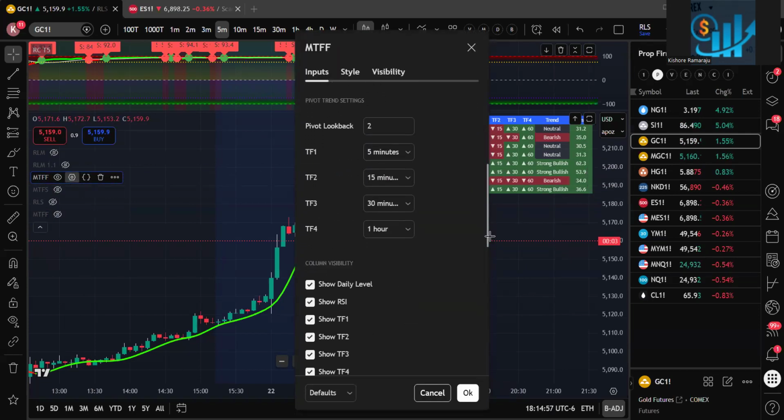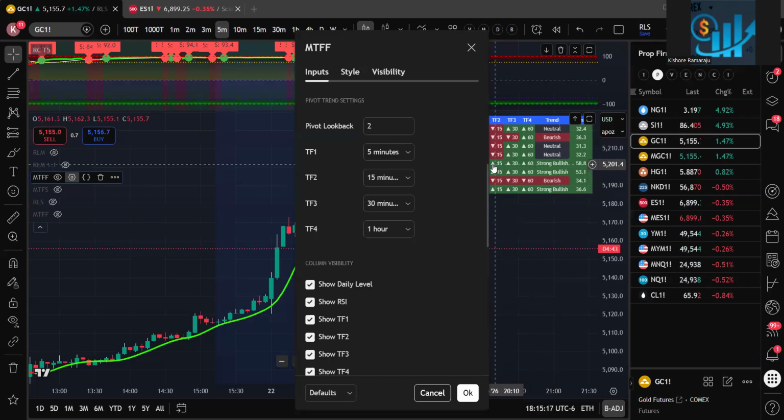You can, instead of 5 minutes, change it to 30 minutes. Instead of 15 minutes, you can change it to 1 hour. Instead of 30 minutes, you can change it to 4 hours. Instead of 1 hour, you can change it to daily. Those will be the swing trading time frames, where you can hold the trade for 1 week, 10 days,